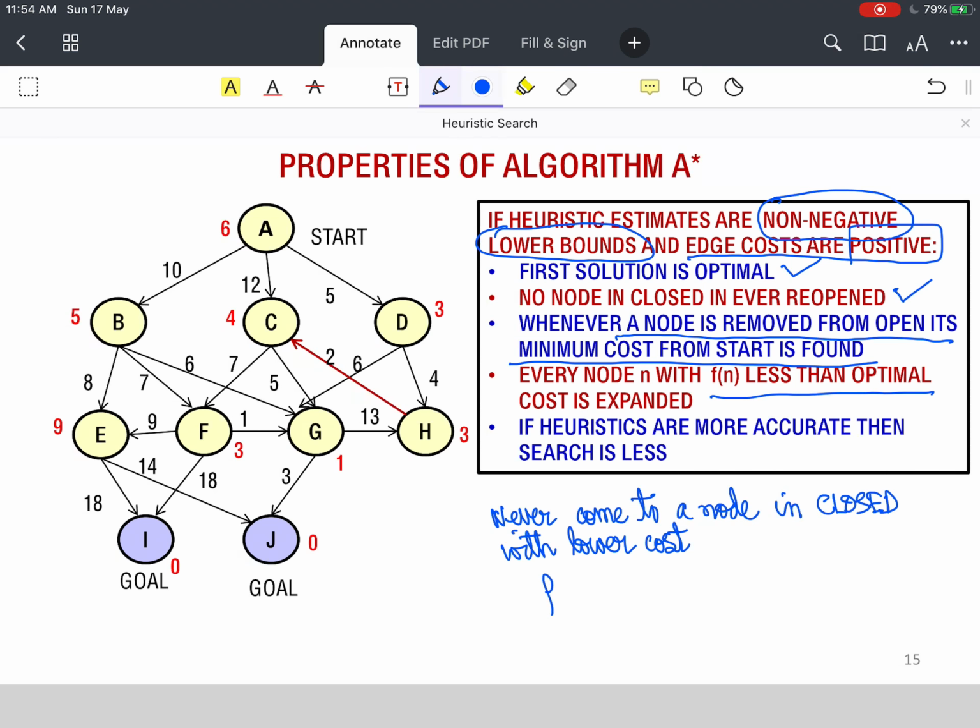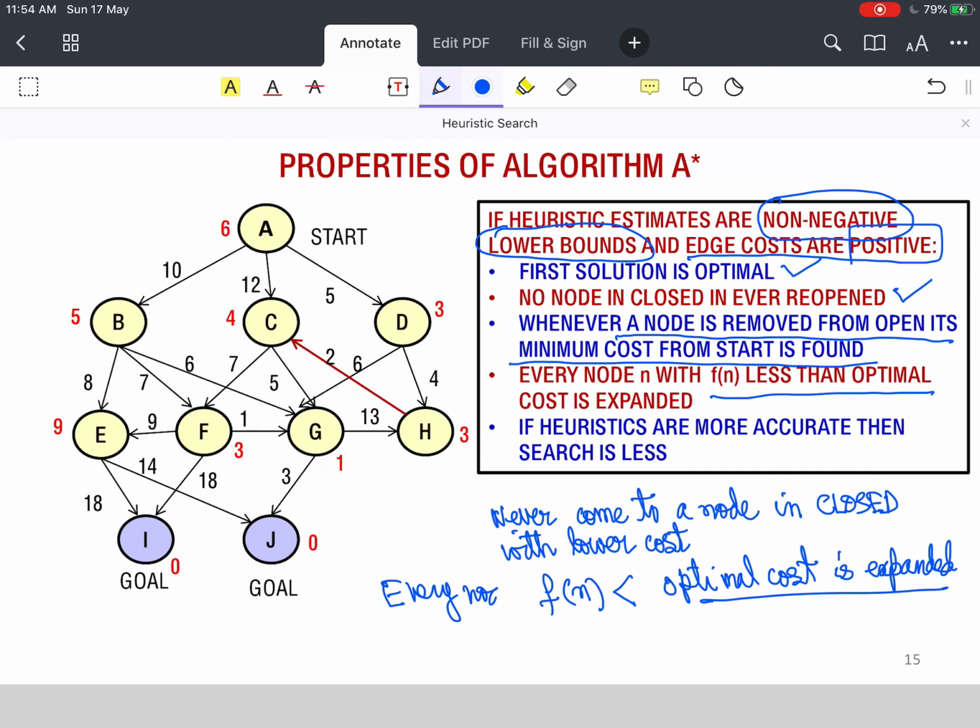Then there is another interesting property. Every node which has an Fn less than the optimal cost is expanded. This also requires the heuristics to be monotonic, but I'm not going into so much detail.